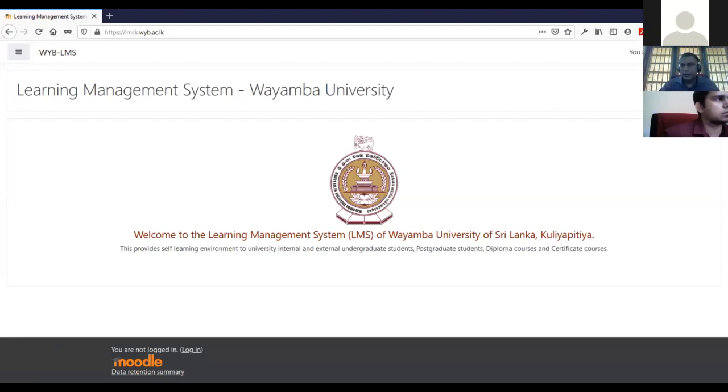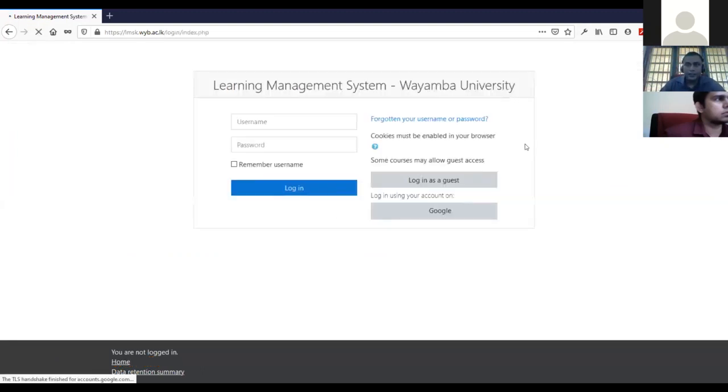So when you very firstly come to this place, on the top right corner you will find the login screen. So over there, you will find the login page, and in here there are several differences, right? Depending on the ICT center's configuration, Kolyapitia has a separate system, and Makandura is using a separate system. So anyway, the login system might be a little bit different. So let me explain how the Kolyapitia LMS is going to work.